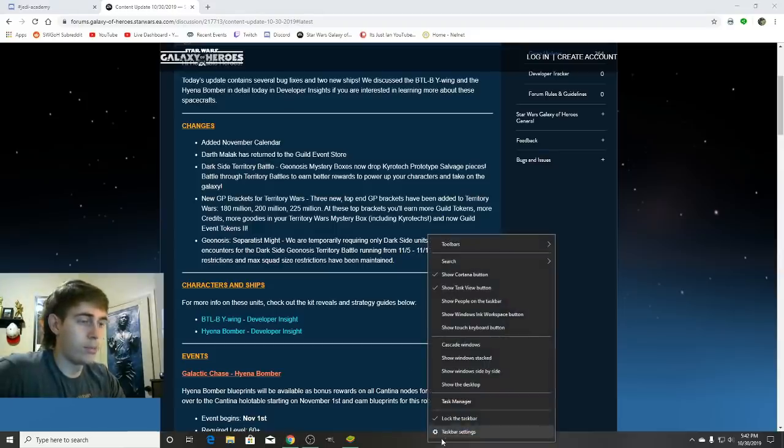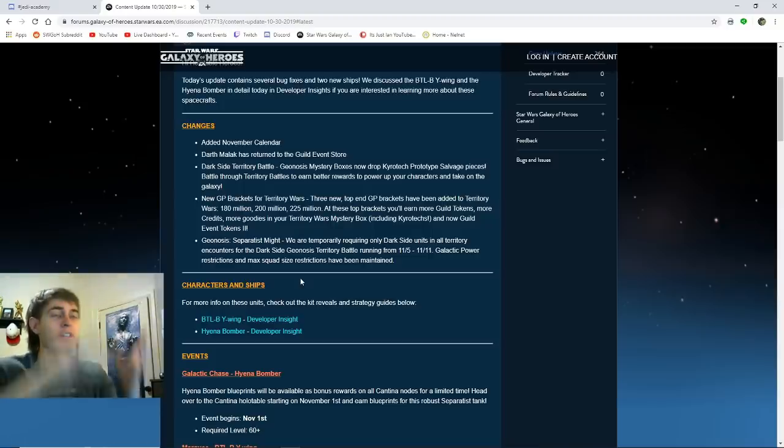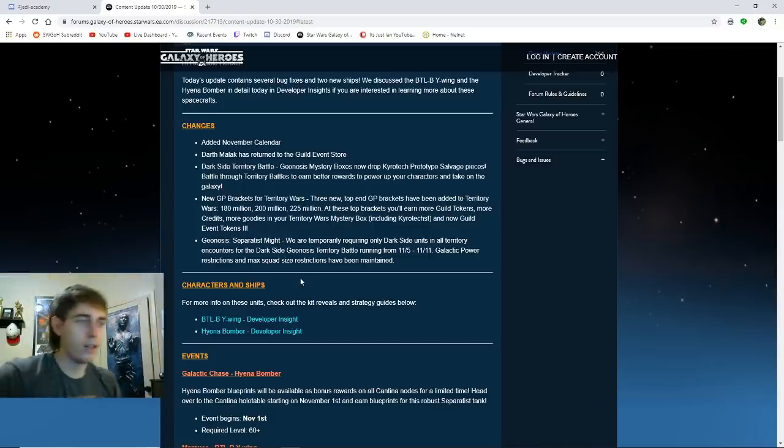Let's just hide the taskbar. Okay, so these are the changes. Darkside Territory Battle: Geonosis Mystery Boxes now drop Kyrotech prototype salvage pieces. Whoa, baby, let's go. Battle through territory battles to earn better rewards to power up your characters to take on